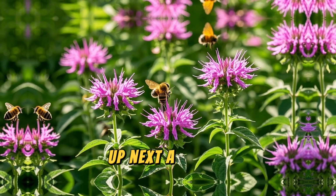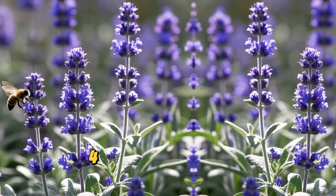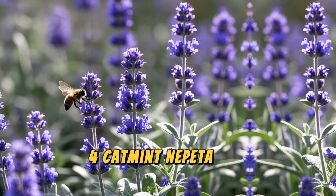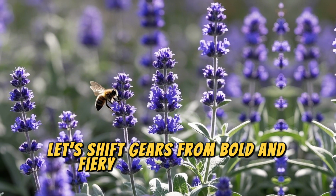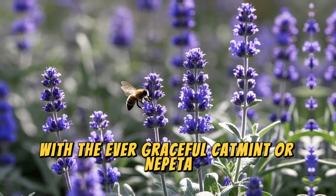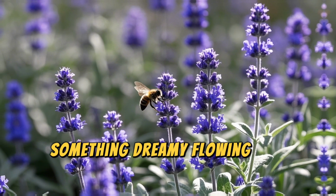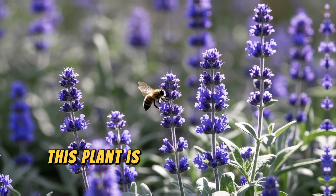Up next, a softer, romantic bloomer that's just as easy to love. 4. Catmint, Nepeta. Now let's shift gears from bold and fiery to soft and serene with the ever-graceful catmint, or Nepeta. If your garden needs a calming touch, something dreamy, flowing, and fragrant, this plant is like a gentle breeze